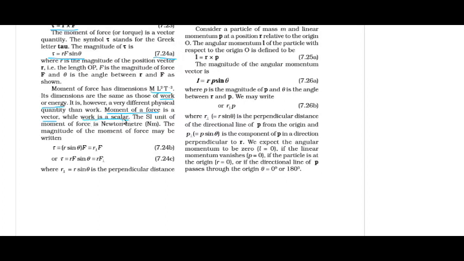They can twist the question and ask, see, moment of force and work have the same dimension, that is ML²T⁻². So are they the same physical quantity? No, they are not the same physical quantity. Why? Because one of the big differences is that work is a scalar quantity and moment of force is a vector quantity. That is the biggest difference. The SI unit of moment of force is Newton meter,